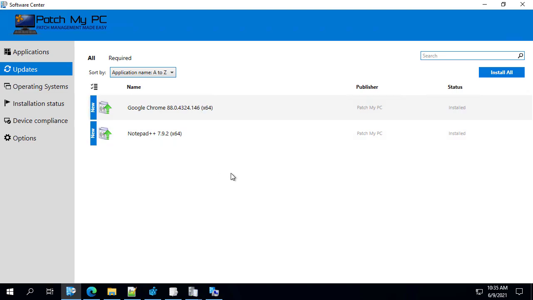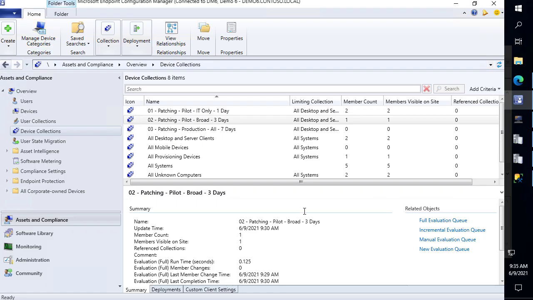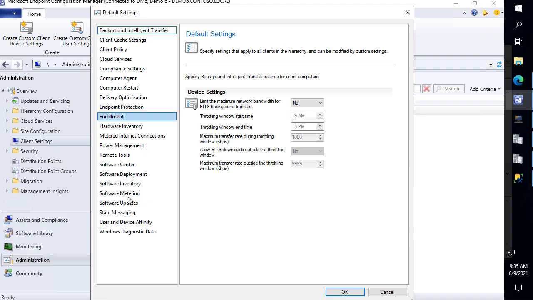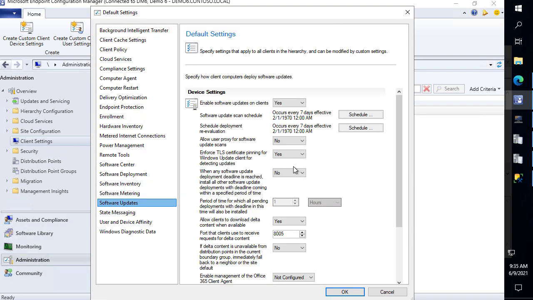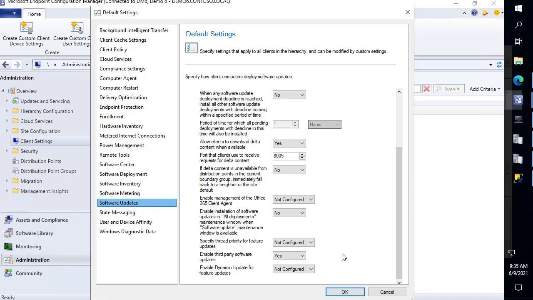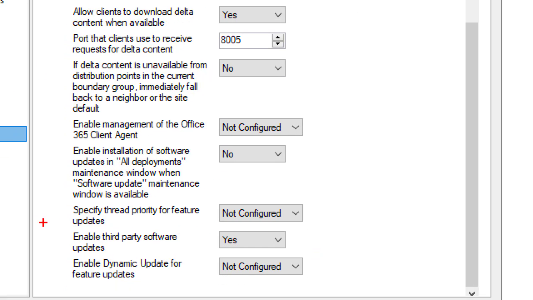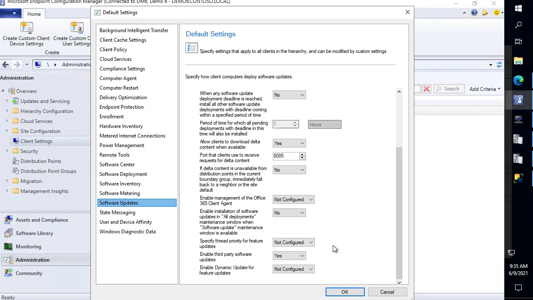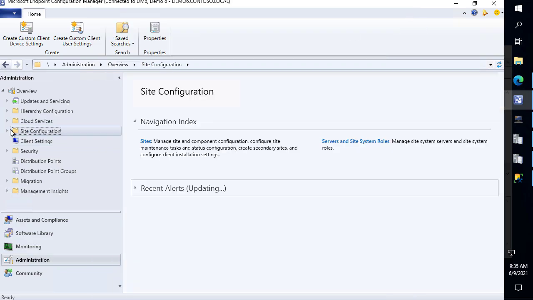So I think there was one last thing we wanted to take a look at, which was the third-party software update client setting. This is a pretty quick one, but good to mention because it does 2 things. One of them may not be as obvious. Enable third-party software updates got introduced with third-party software updates. The 2 things it does: one is if the ConfigMan site has a code signing certificate in the database, which we can show, the client will be able to pull it down and install it in the respective certificate